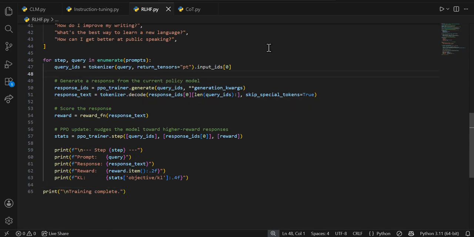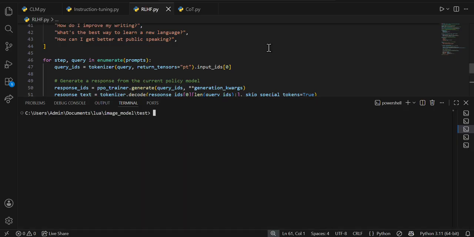So here we have query IDs, tokenizer, and we have response IDs and response text reward. We call the reward function for the reward variable, and we print these outputs. So we iterate through every prompt in the prompts list, and we perform the functions. So now if I run this,